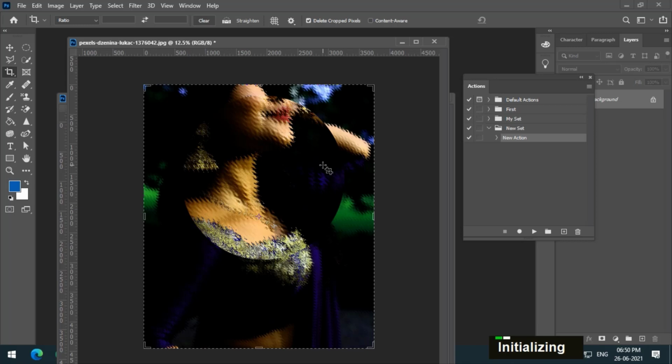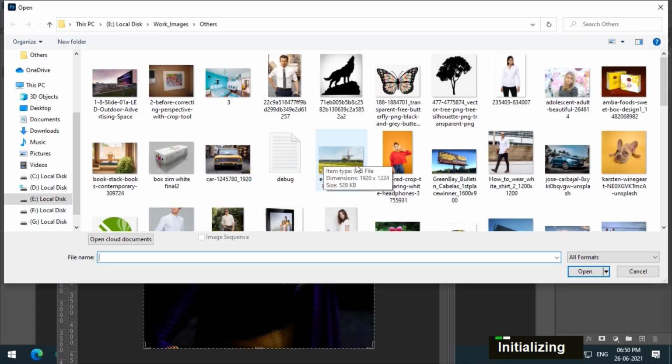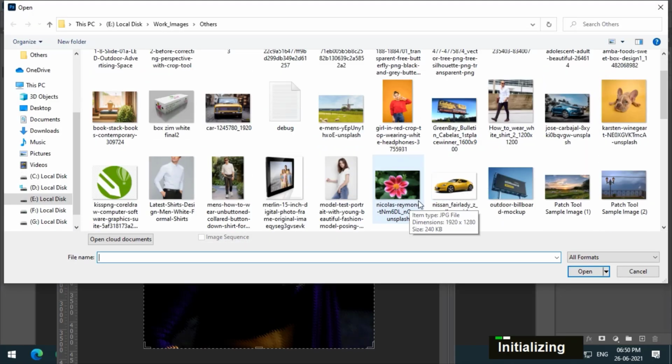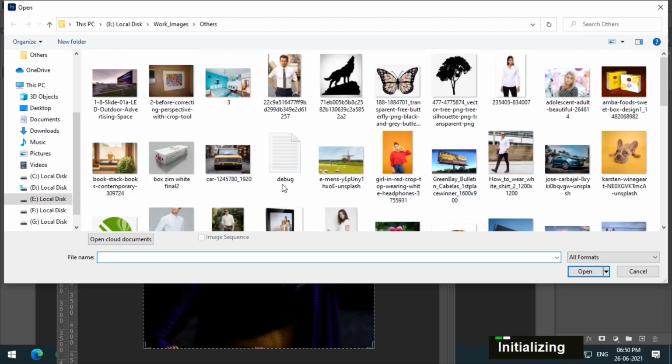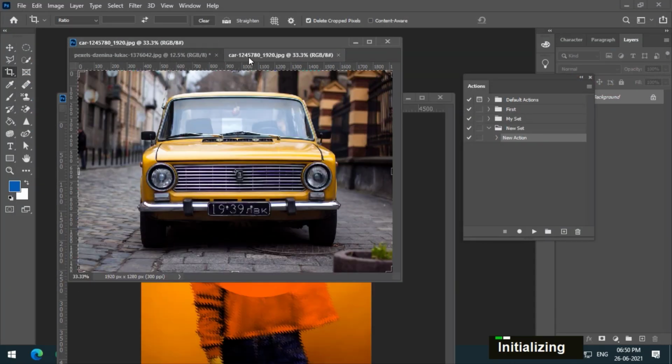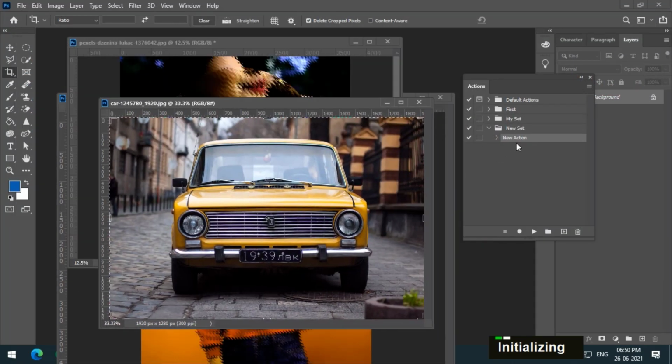Then you can simply use the action option to apply those same effects to the new image. That is how to use actions, and you can apply them to any image. So let's say if I apply to this one, simply open an image, select your action and play.